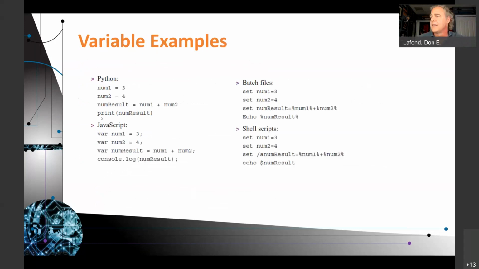So here, they give some examples of setting variables. This was the example I said earlier. Num1 equals 3, num2 equals 4, num result equals num1 plus num2. Super easy, right? And then print num result, because you set the variable num result when you added 1 and 2. That just went into the memory location named num result. And you print num result and you get 7, right? Here you get the same exact result,